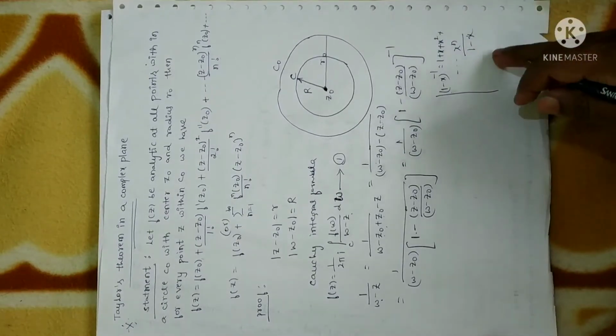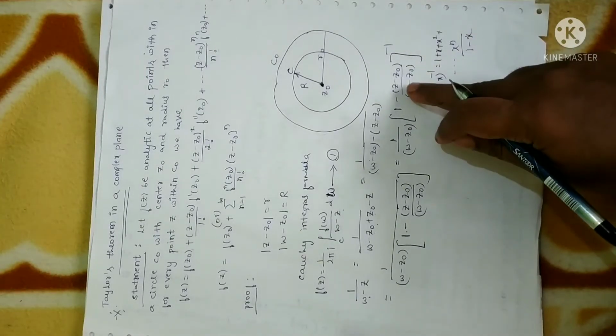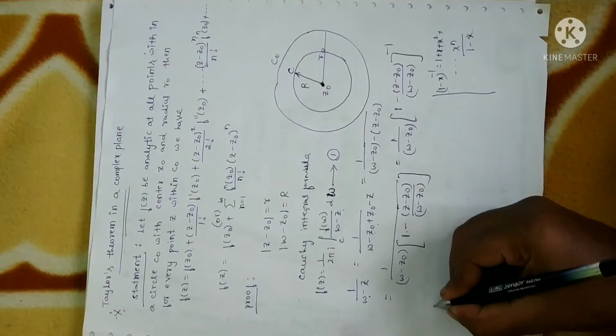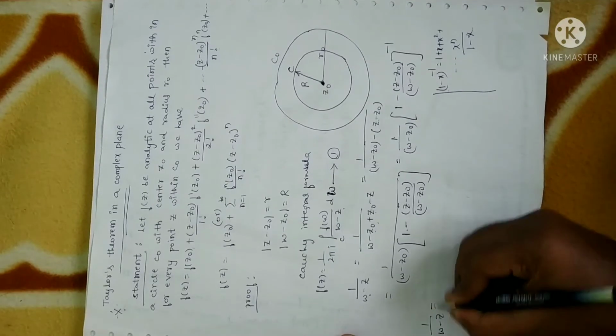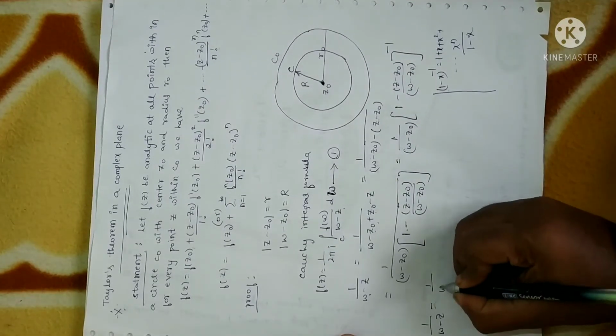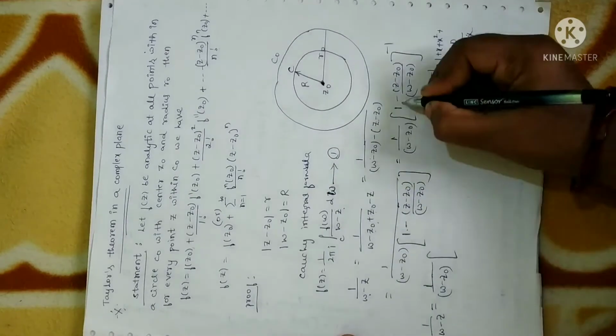Right? You have already done this in your first semester, right? This formula is familiar for you. Now I am going to apply the same concept for this term, so that I can write 1 divided by w minus z as 1 divided by w minus z0 into, I am going to expand this term,